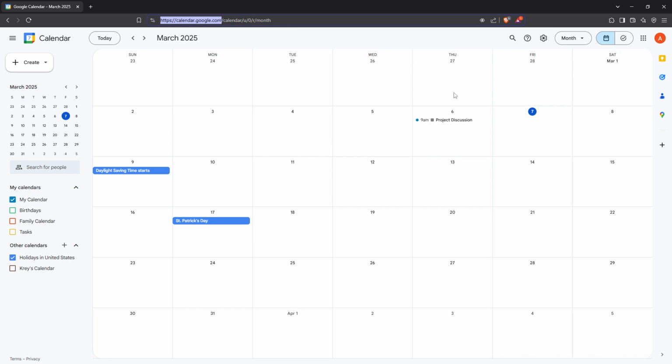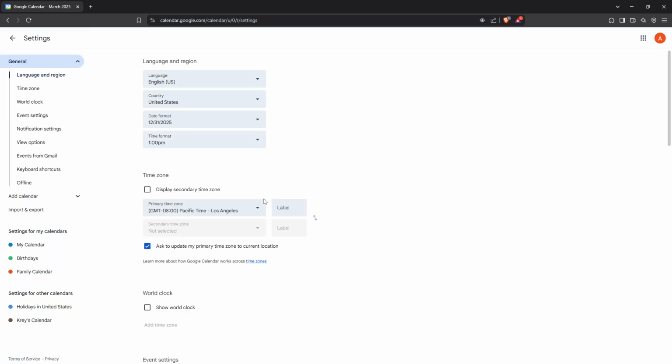Now, to access the settings, look towards the top right corner of the screen. You'll notice a gear icon there. Click on this gear icon and a drop down menu will appear. From this menu, select Settings. This option will take you to the main settings page for your Google Calendar, which is where we'll make all